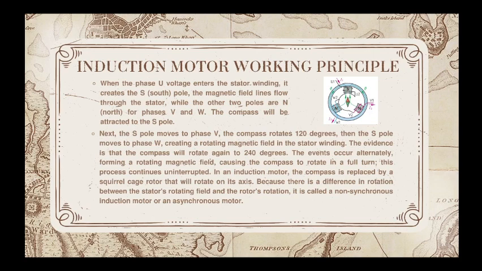The compass rotates 120 degrees, then the S pole moves to phase W, creating a rotating magnetic field in the stator winding. The evidence is that the compass will rotate again 240 degrees. The event occurs alternately, forming a rotating magnetic field, causing the compass to rotate a full turn. This process continues uninterrupted. In an induction motor, the compass is replaced by a squirrel cage rotor that will rotate on its axis,